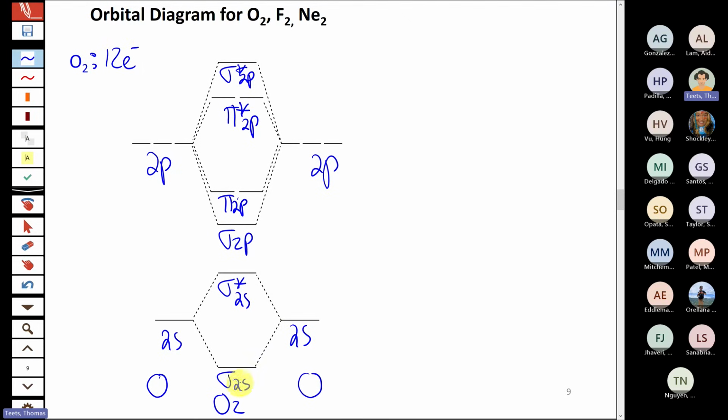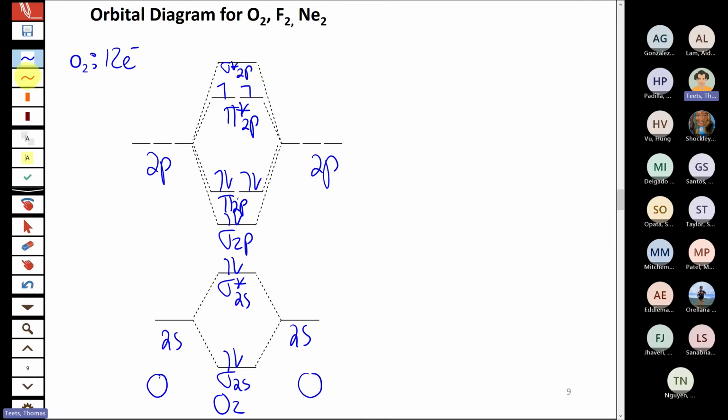So again, we go from lowest energy to highest energy. Each orbital can get up to 2 electrons before we move up to the next one. So for 12 electrons, we go 1, 2, 3, 4, 5, 6. Now, when we get to the degenerate orbitals, we pair them one at a time first. So we go 7, 8, 9, 10. That gets completely filled. We still have 2 more electrons, so we're going to go 11 and 12. So the last 2 electrons we put in are up here in the pi star 2p orbitals. Because they're 2 degenerate orbitals, they each get 1 electron. Let me make that label a little bit smaller.